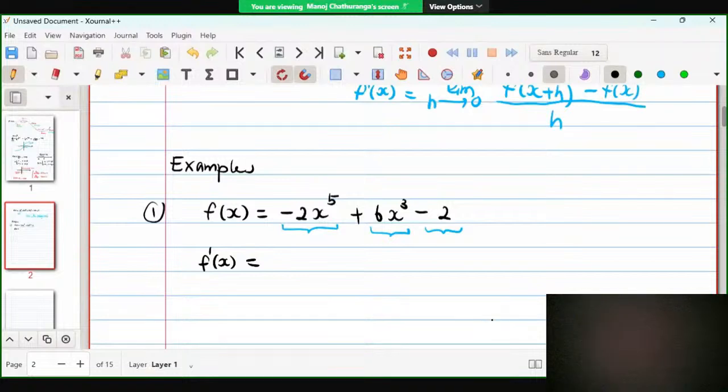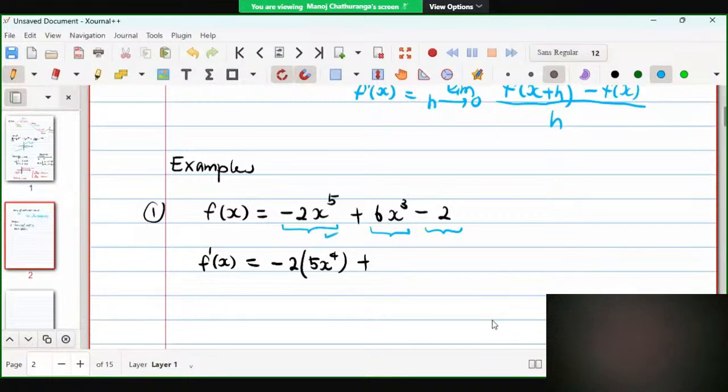So now let's focus on the first term. It is x to the fifth power times negative 2. So we have a function multiplied by a constant. That means the constant multiple rule applies to this term. Let's keep -2 in front and differentiate x to the fifth power using the power rule. So 5x to the fourth power. Plus, now we are done with this first term,